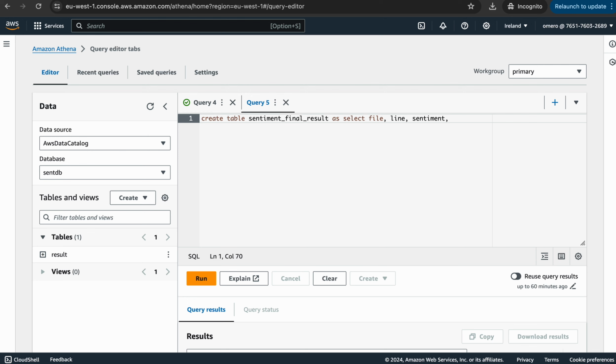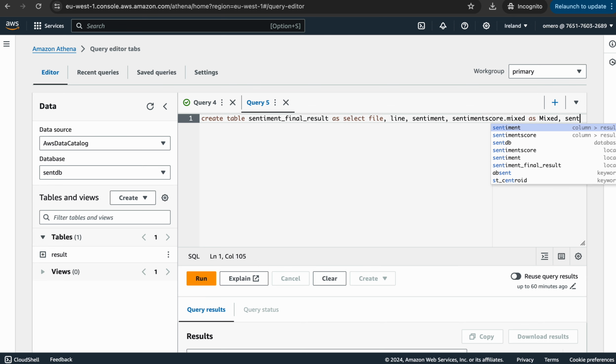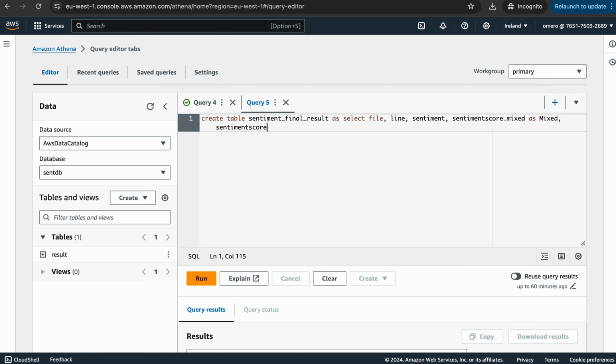and sentiment score. All right, so for my sentiment score, I need to create different scores for mixed reaction, negative reaction, positive reaction, and neutral reactions. I'll say sentiment score.mixed as mixed, comma, sentiment score.negative as negative, comma,